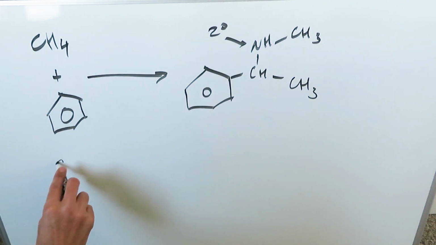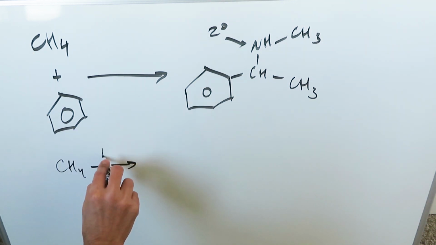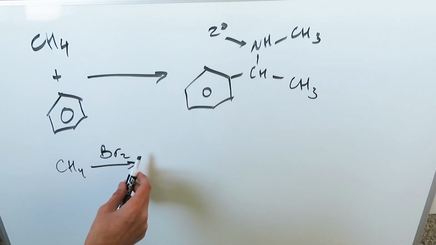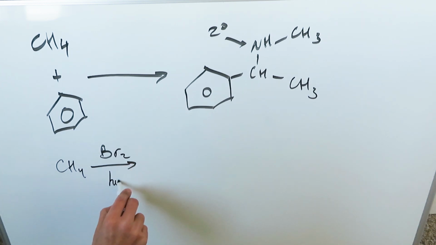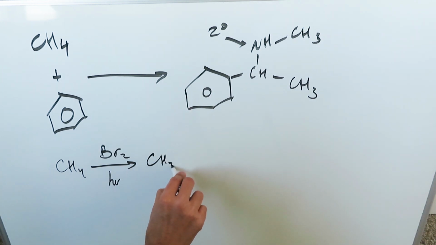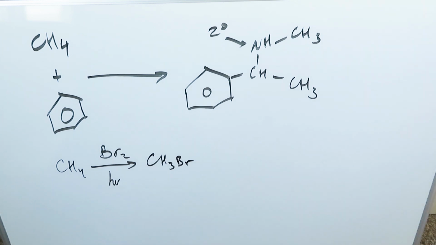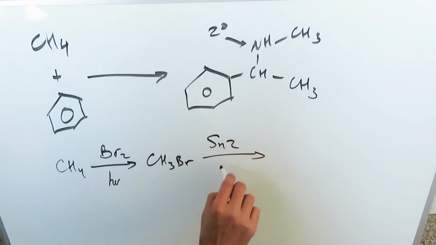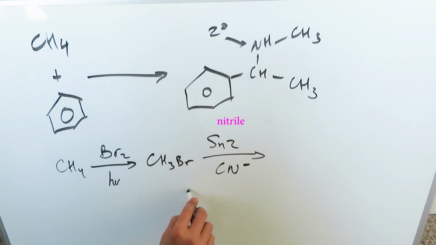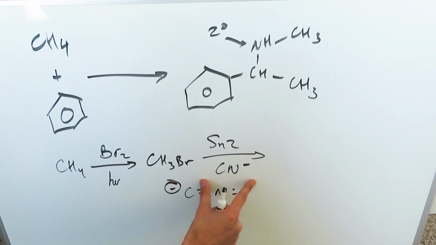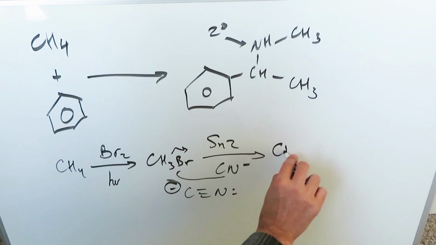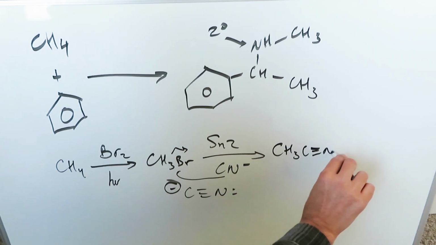Start here with methane. You'll have CH4 in the presence of, let's say, bromine diatomic, or you could have used iodine, or you could have used chlorine, but this right here is good. And ionizing radiation, you'll have CH3Br. Methyl bromide has been generated, a free radical reaction. In an SN2 substitution reaction, you can attack it with a nitrile, which is a C triple bond N. This right here is my nitrile. A nucleophilic substitution, it will attack this and displace the bromine, and you'll develop CH3C triple bond N,